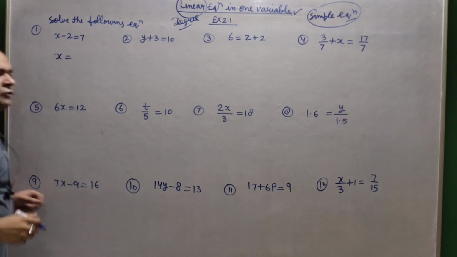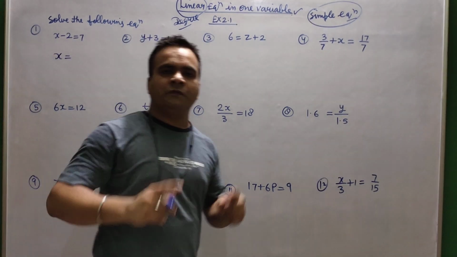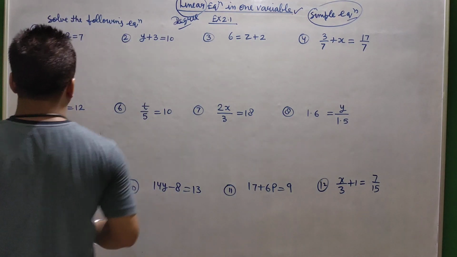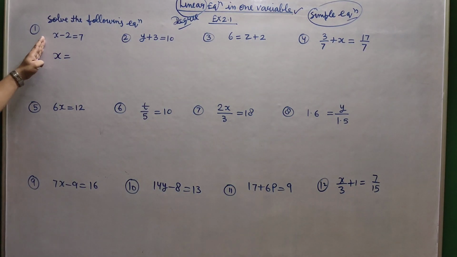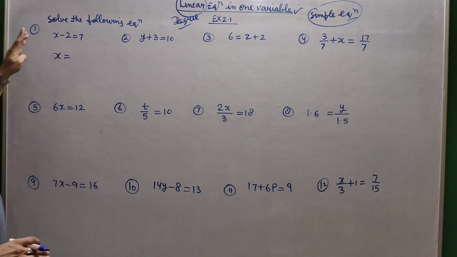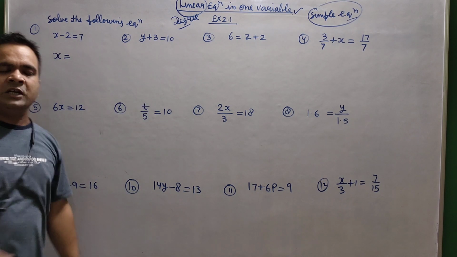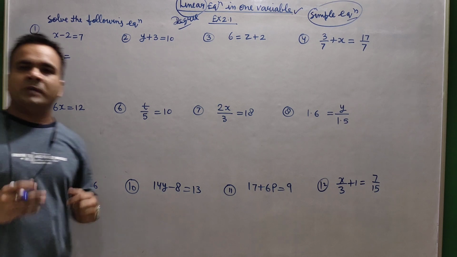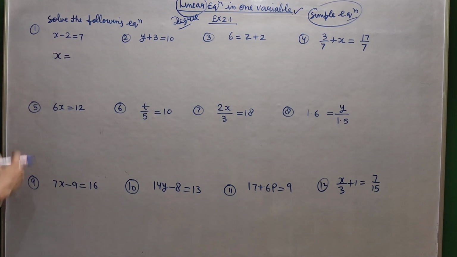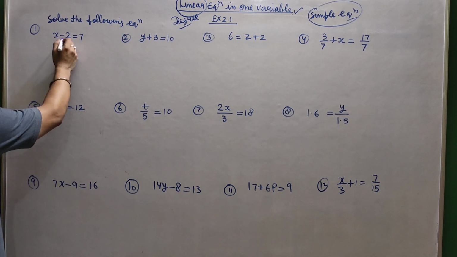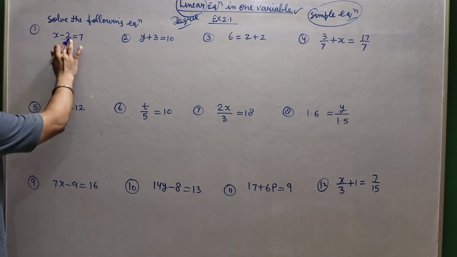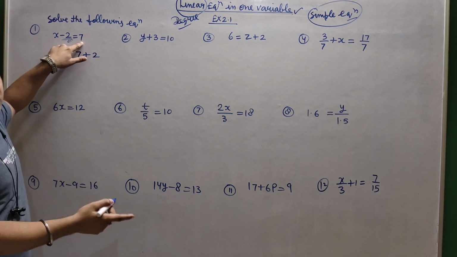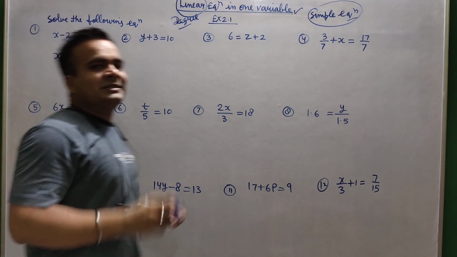Suppose you want to find the value of x. The first task is that the variable part should be on one side only, and the other part associated with this variable you have to shift to the other side using the transposition method. You know the transposition method very well: if there is a minus term, it will shift to the other side as plus. The other part on the other side, that is 7, remains unchanged.